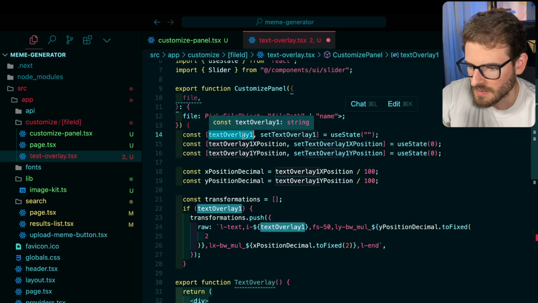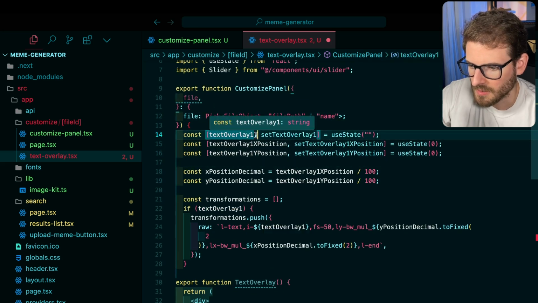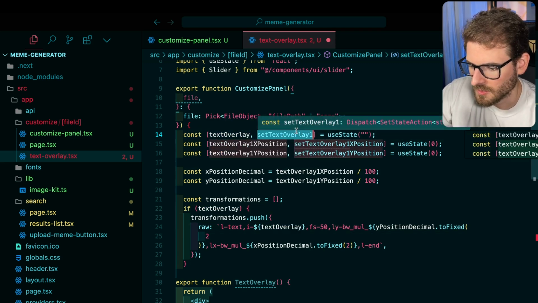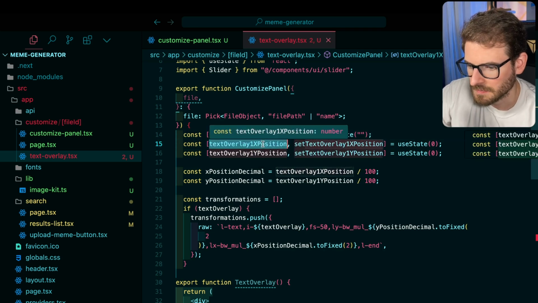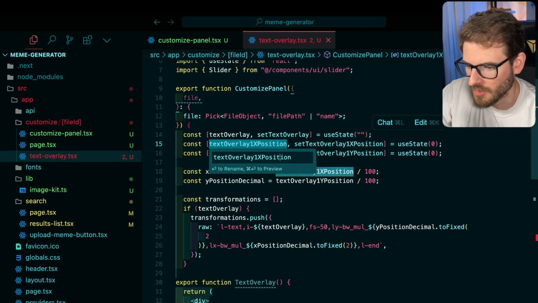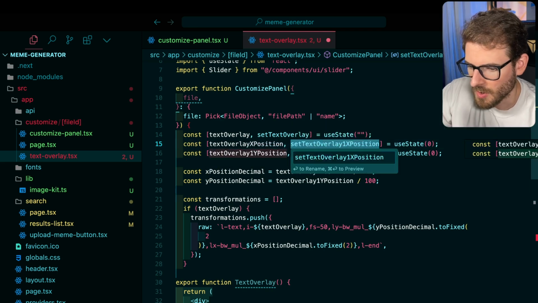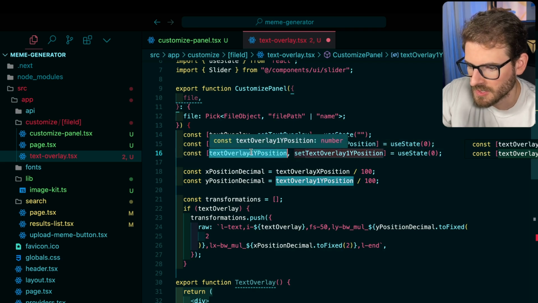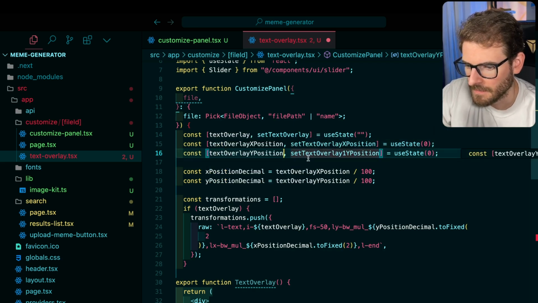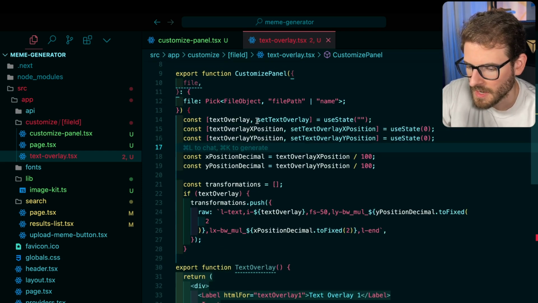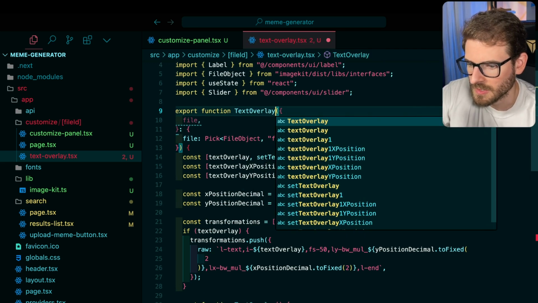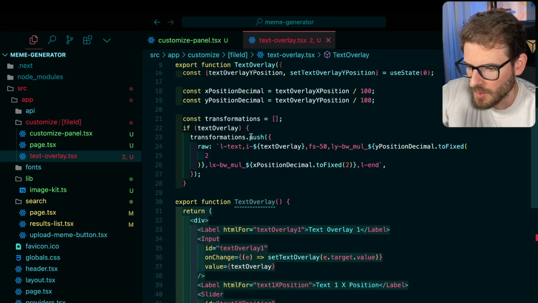So again, instead of saying like text overlay 1, we could literally just say this will be the text overlay, and this will be the text overlay setter. I'm basically just going to get rid of all the 1s because this whole component is basically contained inside of itself, right? So a little bit of busy work we'll get through here. Okay. And so now when we have a text overlay, which I should probably call this correctly, what we can do is